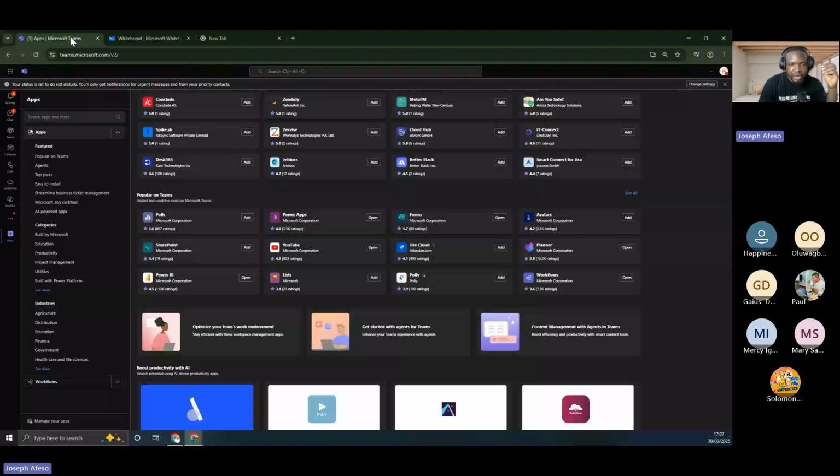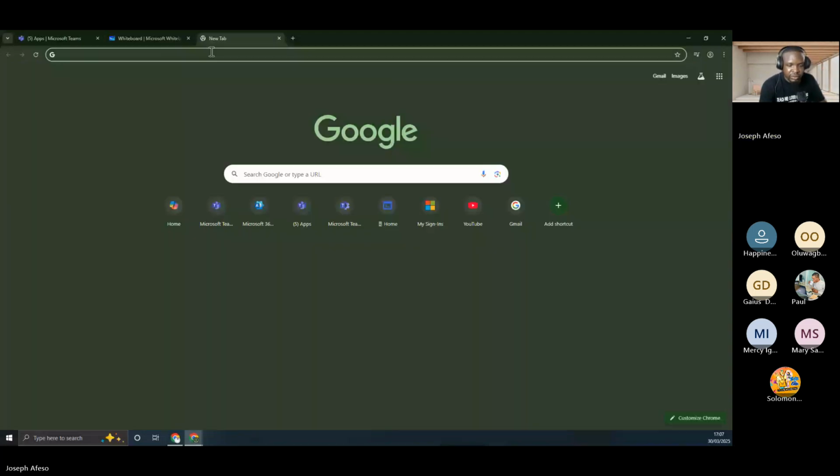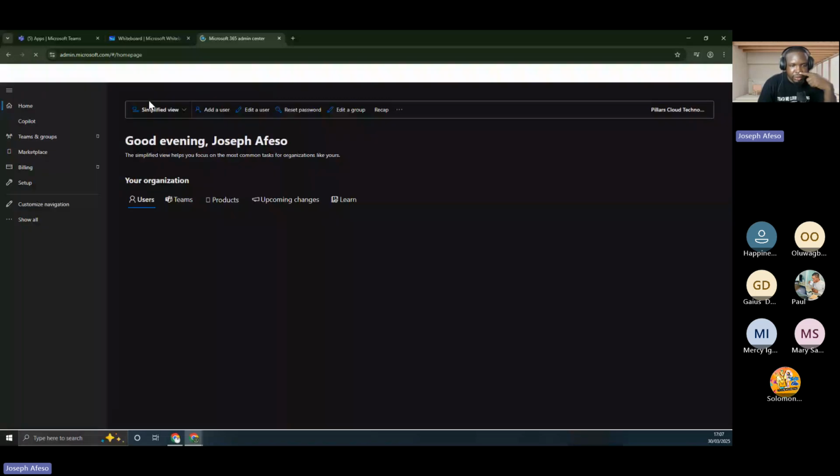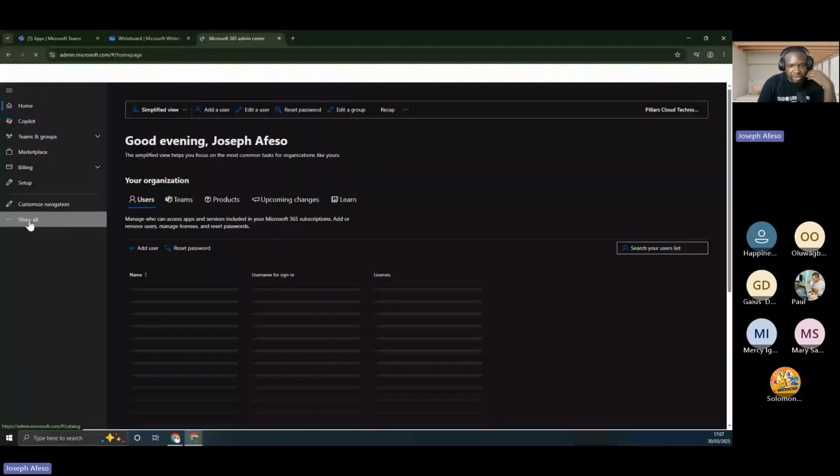So if you are a Teams administrator, then when you sign into admin.microsoft.com, in the list of the admin centers you are going to see Teams. Within the list, when you click on show all and you come to admin centers, you will see Teams here.